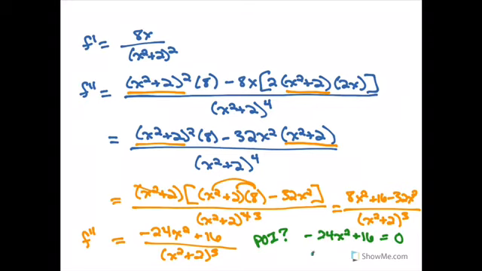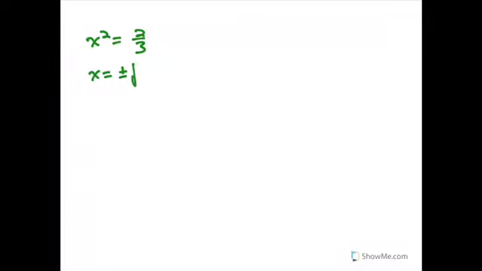equal to 0. So I'm going to get x squared equals, well, subtract 16 from both sides, divide by negative 24. That's 16 over 24, because the negative by a negative. Simplify that. I divide both by 8. I'm going to get 2/3. And I'm going to take square root. This gives us x squared is 2/3, which means x equals plus or minus the square root of 2 over